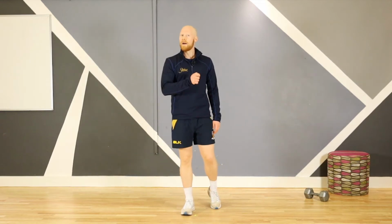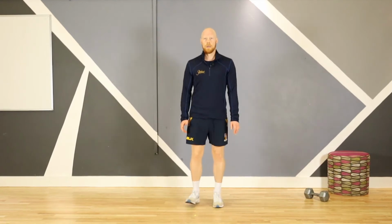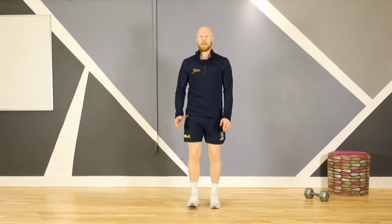Once you have got that movement, I want you to start moving a little bit quicker. So I'm going to look for a bounce. We're going to stand up nice and straight, and we're going to start moving